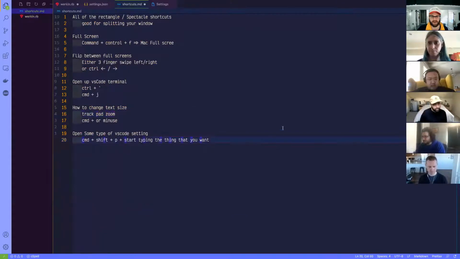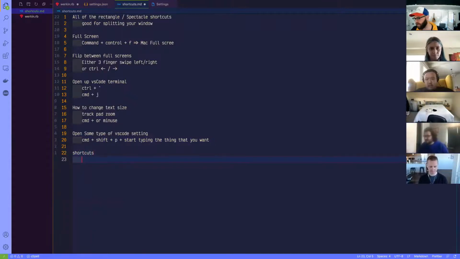Cool. So we just kind of went over some VS Code configuration. Let's talk about some of those shortcuts that we were dealing with. So shortcuts. This is a big one. So just moving a cursor around